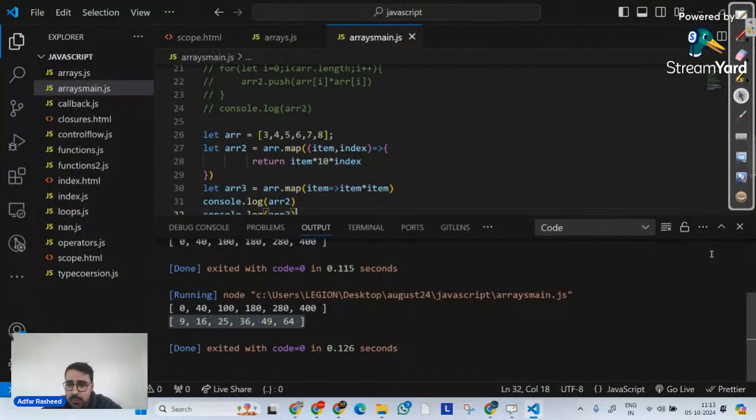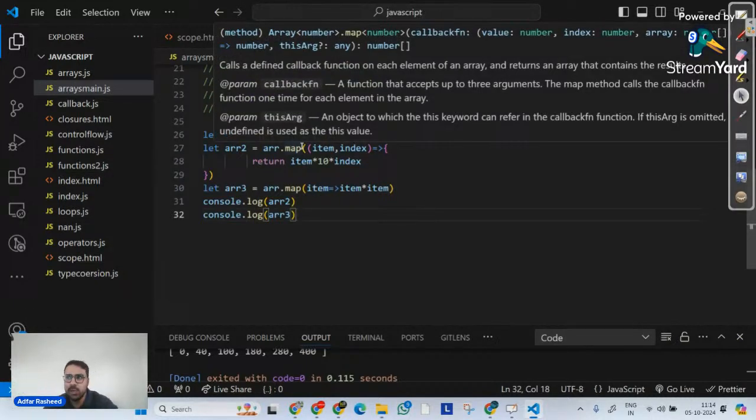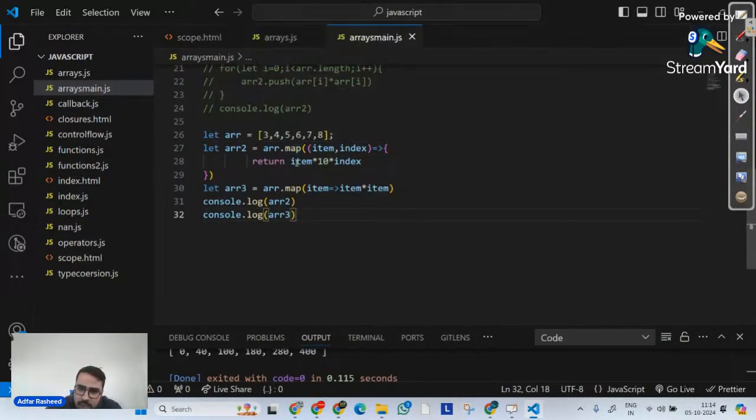Great. Okay. Now we have understood a few of the very basic methods related to our arrays, and there are a lot of other methods that we have to discuss. When we talk about map, there's one thing that we have to understand. It creates a new array with the same length. But what if our intention is not that? What if we actually want to implement a filter? By filter, I mean if I write item greater than 4, then only create an array with the items, not the actual true false. What can I do in that case?